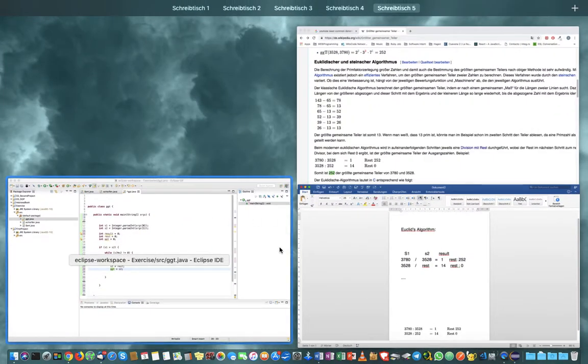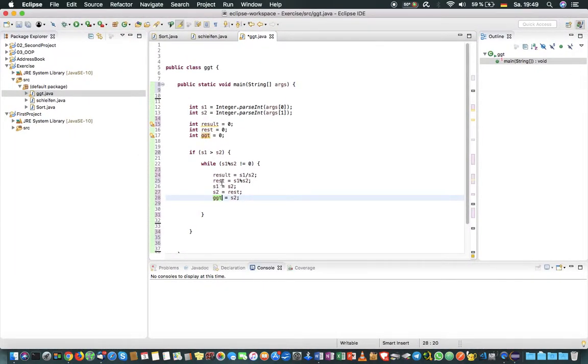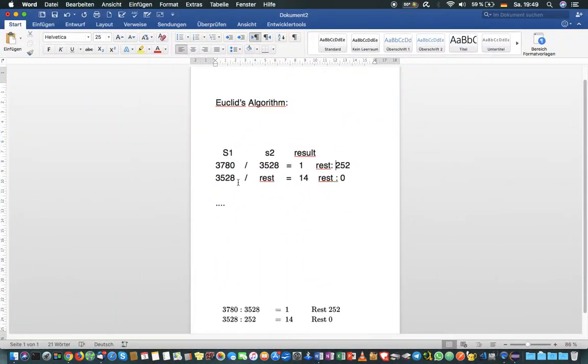Why is that? So look, again: result is S1 divided by S2, rest is S1 modded by S2. And then S1 becomes S2,